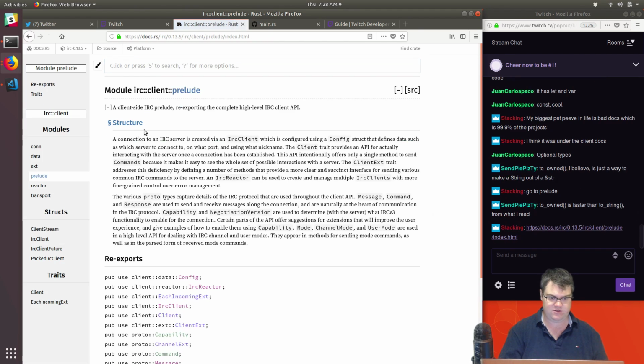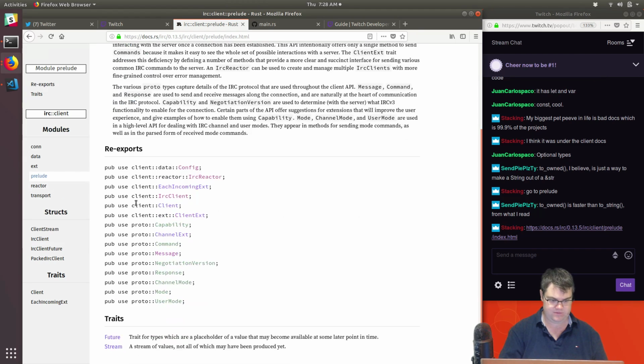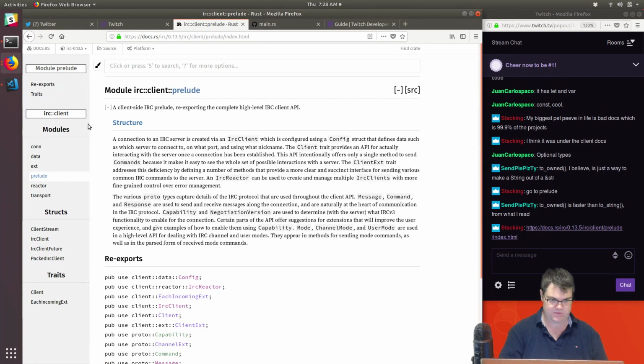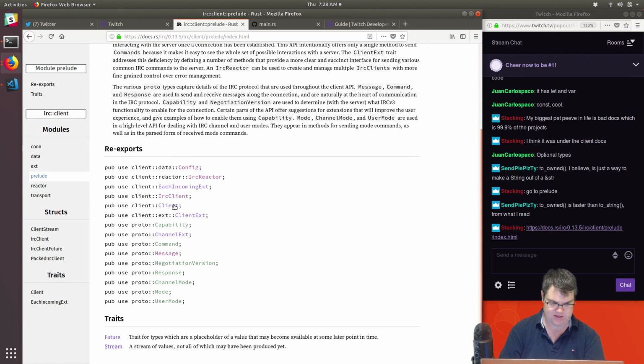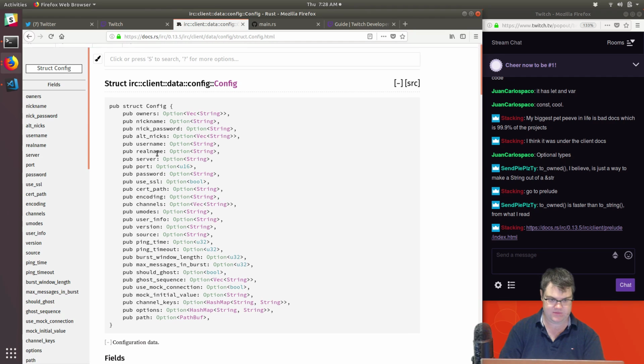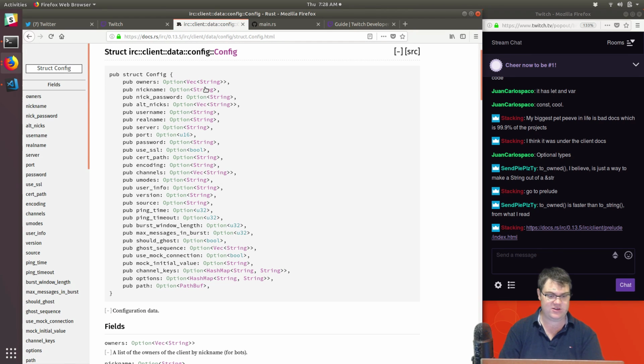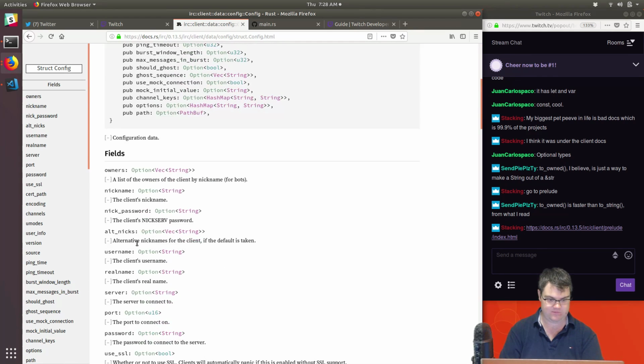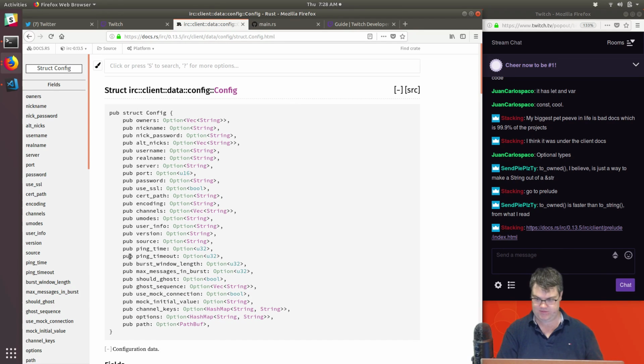IRC client prelude. Here, can I get... Okay, so here's the prelude. Config. Oh, okay, so here's where it can see what it's looking for. Got it. Thank you, stacking. And